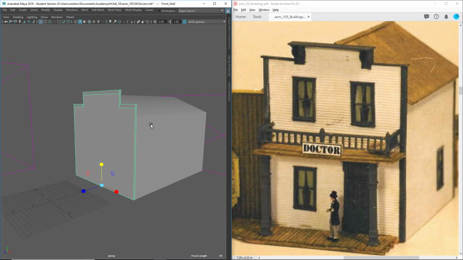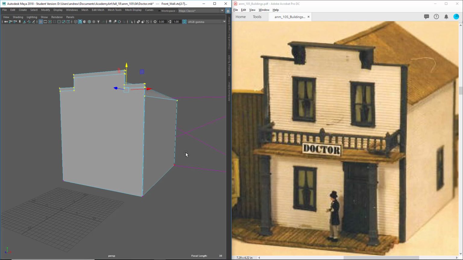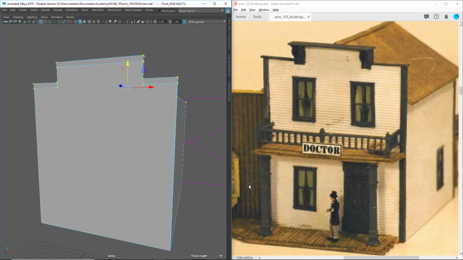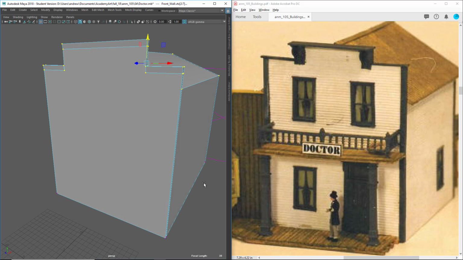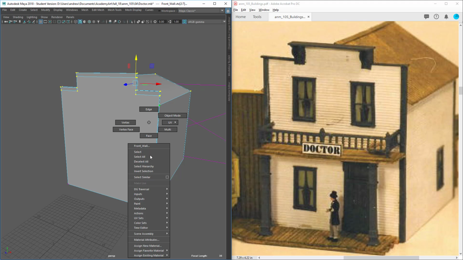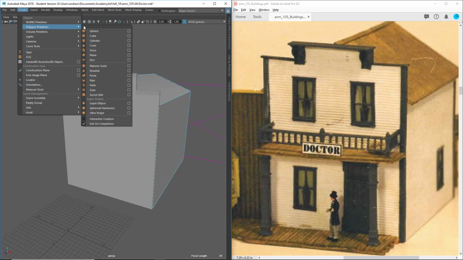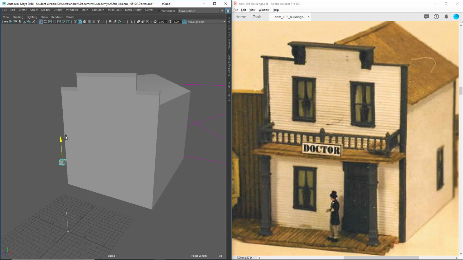Right mouse click object mode, right mouse click vertex, select the vertices of these. Control Shift Select will add to my selection without deselecting anything. Just move that up some, and that way don't mess up the proportions of the things on top. How's that look? Better? I think so. Probably like that. Maybe we'll put this middle thing in the middle, create polygon cube, and try to get the